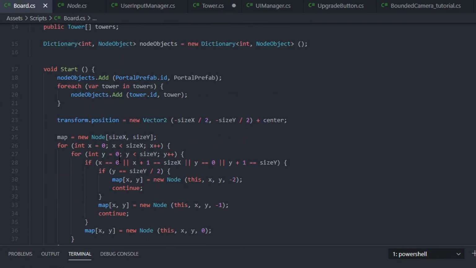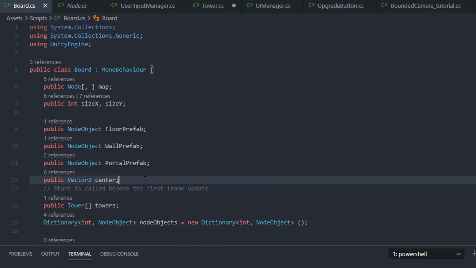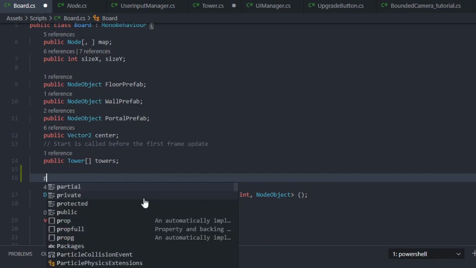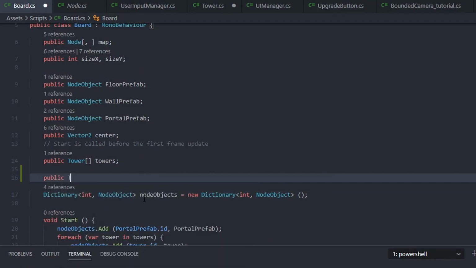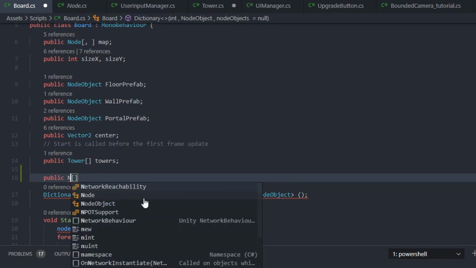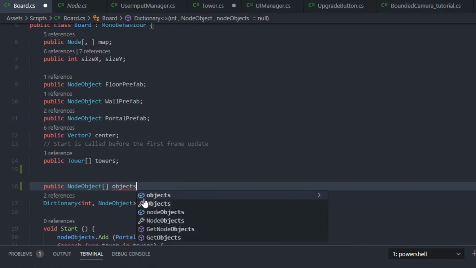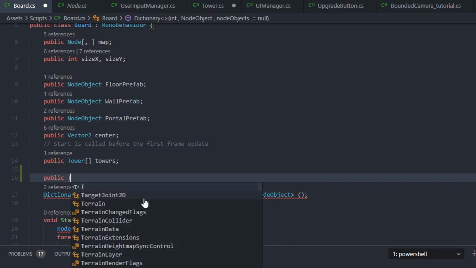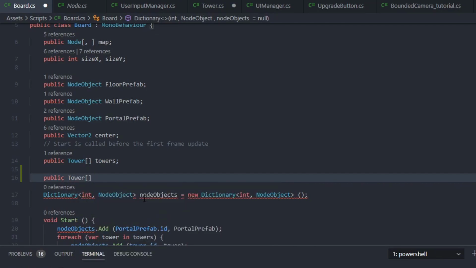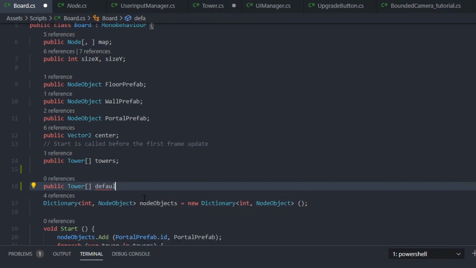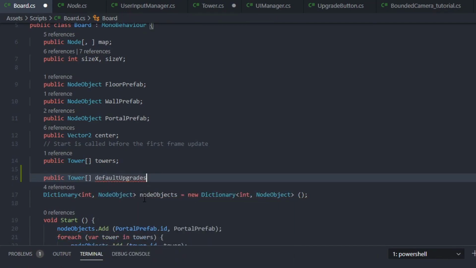board. So inside the board, I would create a public tower, or let's even call it node object. Objects. For now, towers. Towers should be fine. So towers and a default upgrades,